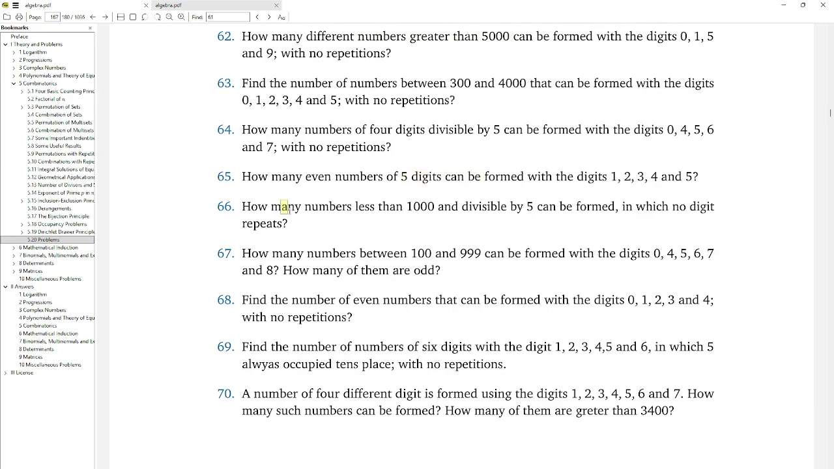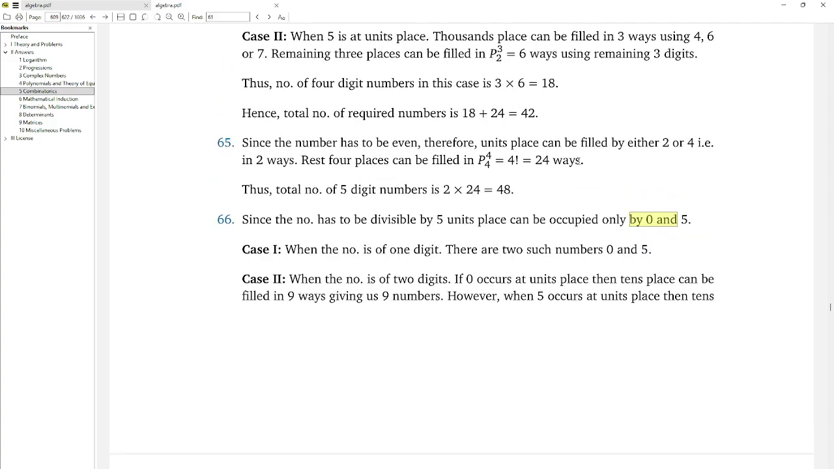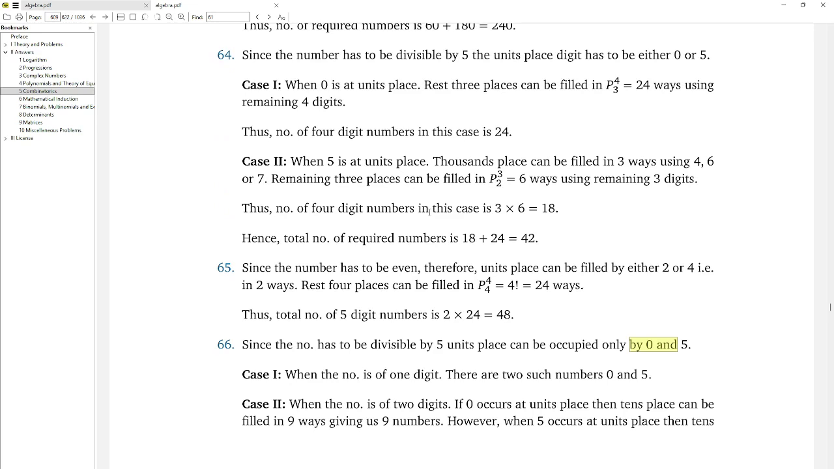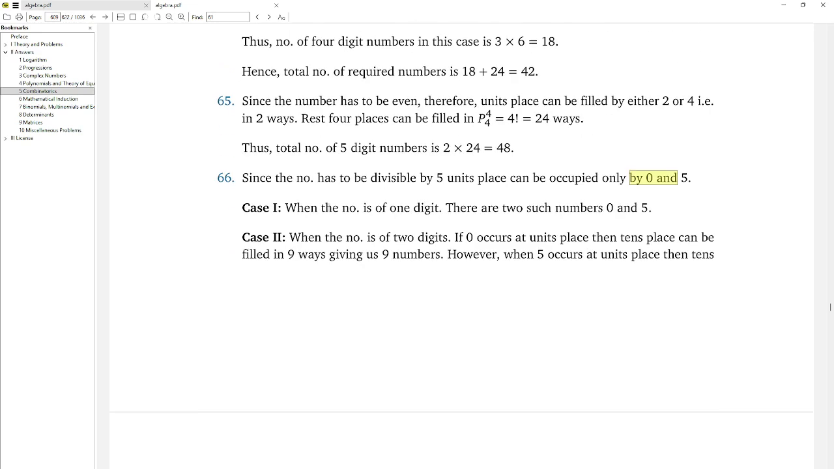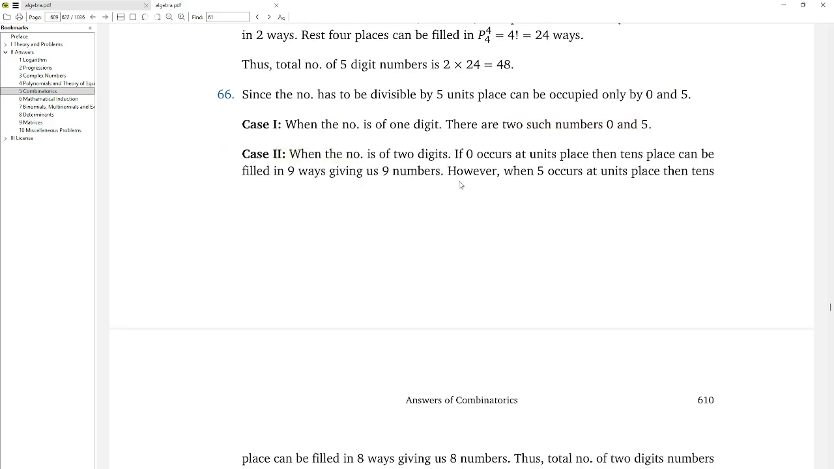Question 66 says that how many numbers less than 1000 and divisible by 5 can be formed in which no digit repeats. So the units place can be occupied by 0 and 5, just like question 64, right? So when the number is of 1 digit, there is our case 1, there are 2 such numbers, 0 and 5. When the number is of 2 digits, if 0 occurs at unit place, then 10th place can be filled in 9 ways,